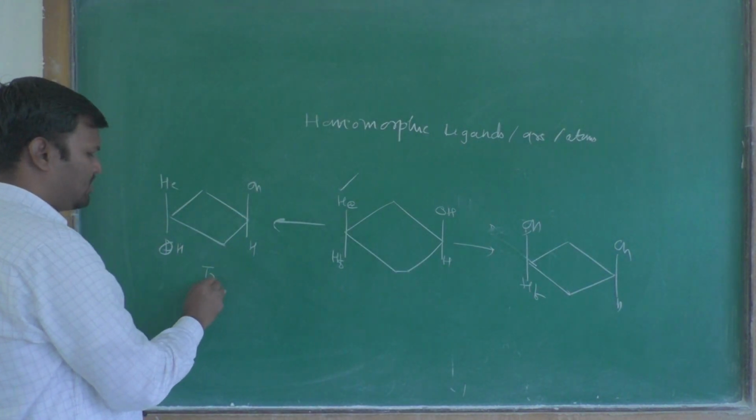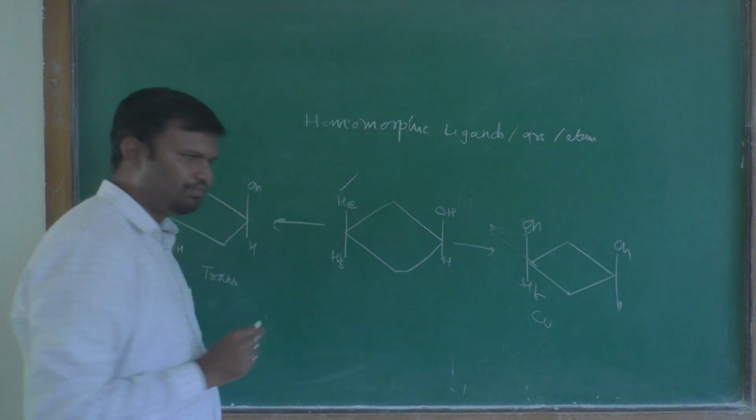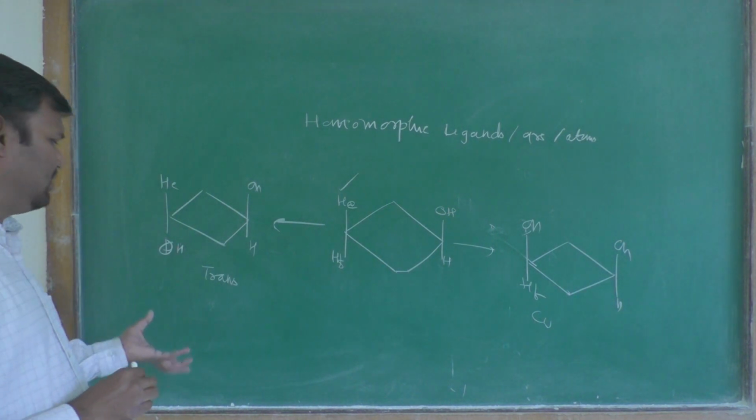This compound is a trans compound and this compound is a cis compound, because OH is on the same side. Okay, therefore that compound is